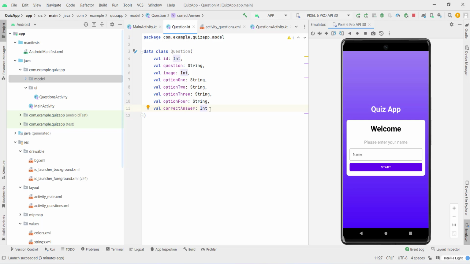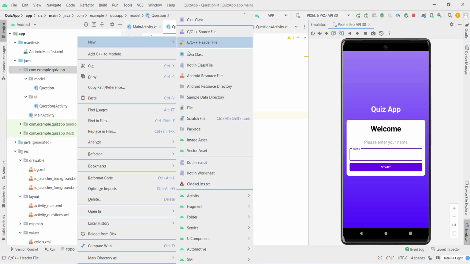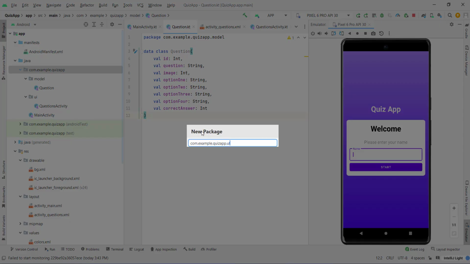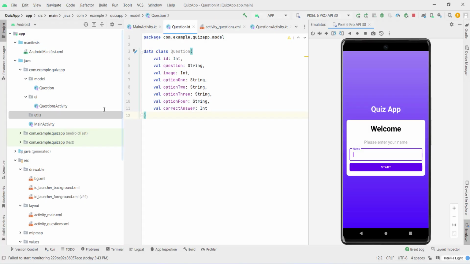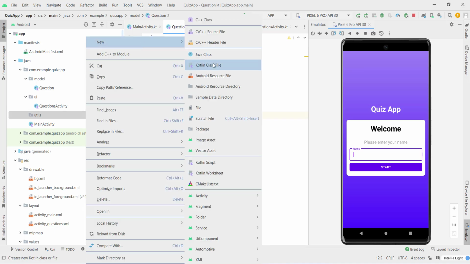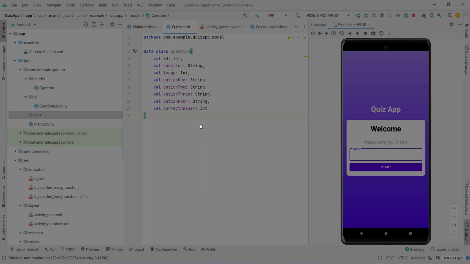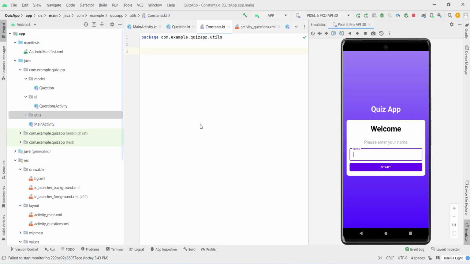So I'm gonna create a singleton. Now it's time to create the questions, and also need to find a way to get those questions in our app. Therefore, I'm gonna create a new package called utils. So package utils, and it's gonna have a singleton. So new Kotlin class file. Let's choose file. Let's call it constants. And it's going to be an object,